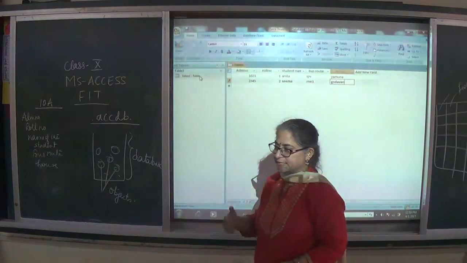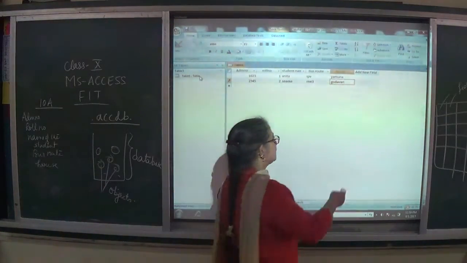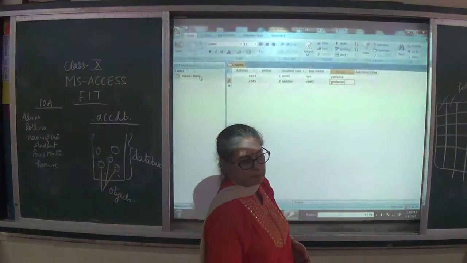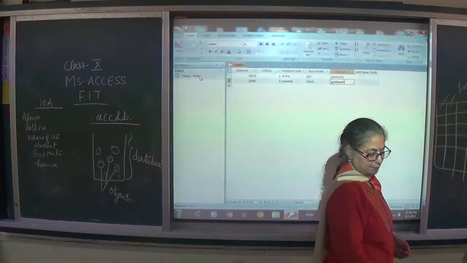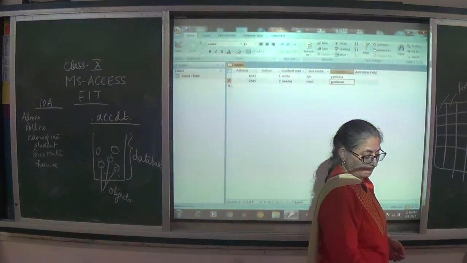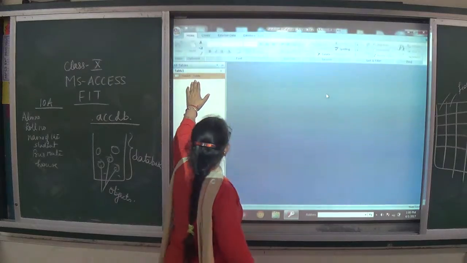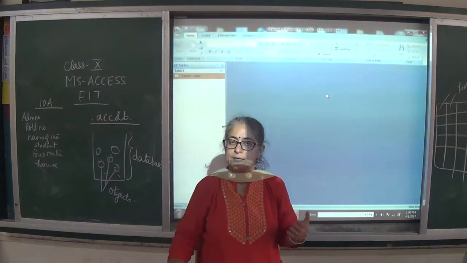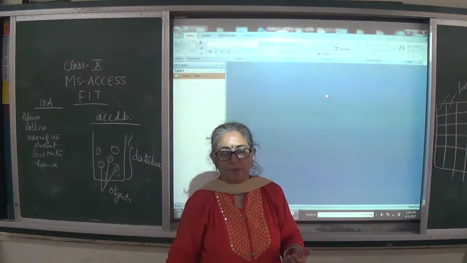If by mistake I have not created another field, I can create it right here. I need not go to the structure design view. So I can select it from here only. Now if I close it here, now I want to enter the data. The entry of the data is done by data sheet view, but I want to enter the data through a form. I want to design an interface for the user to make the data entry.